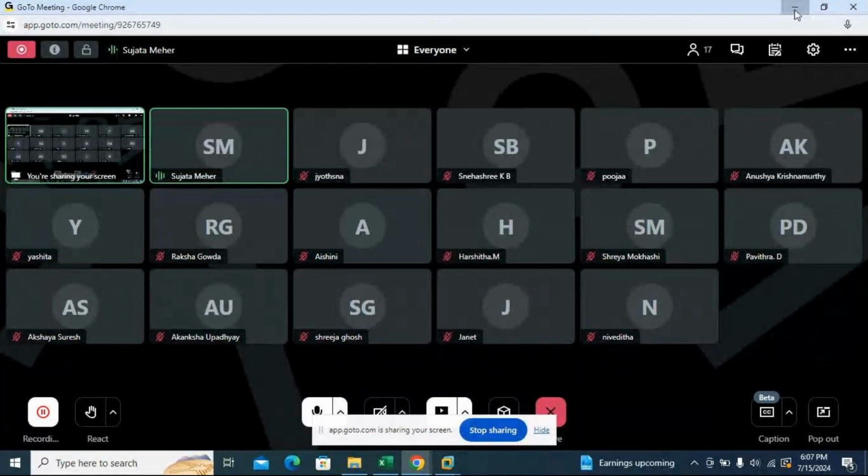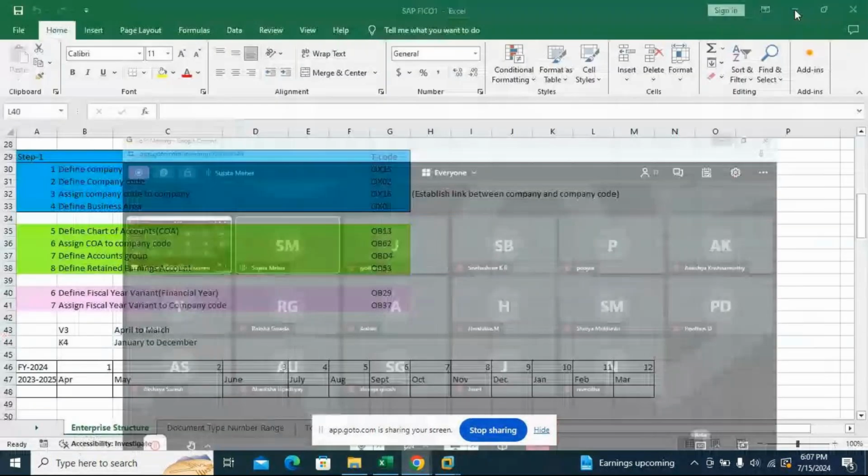Now, as you can see here, I have already shared the notes. And one more thing, here we have to go to SPRO, enterprise structure, definition, financial accounting, define company. If I open this now, you can see in these steps how you can create a company.